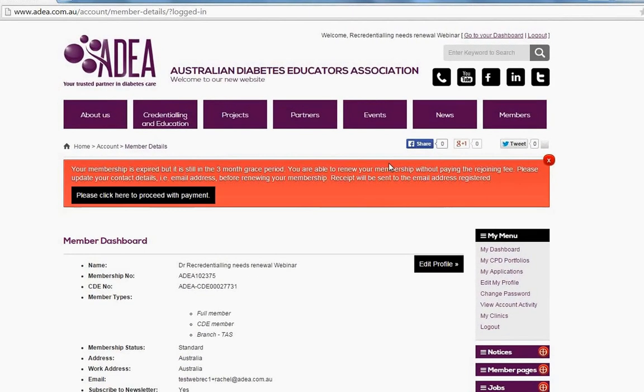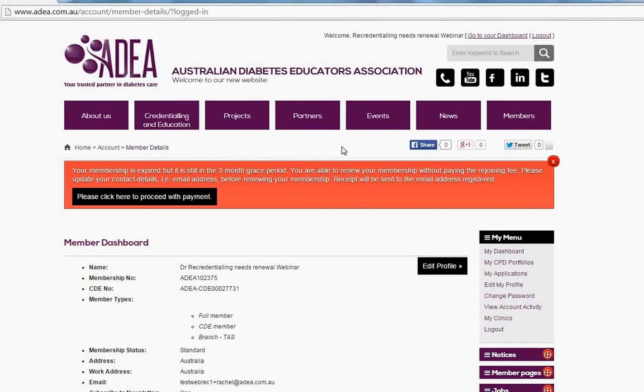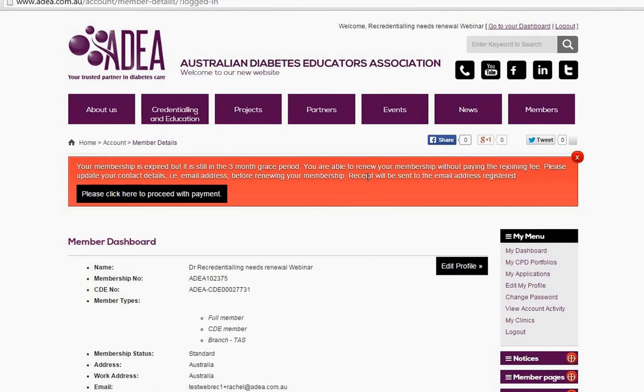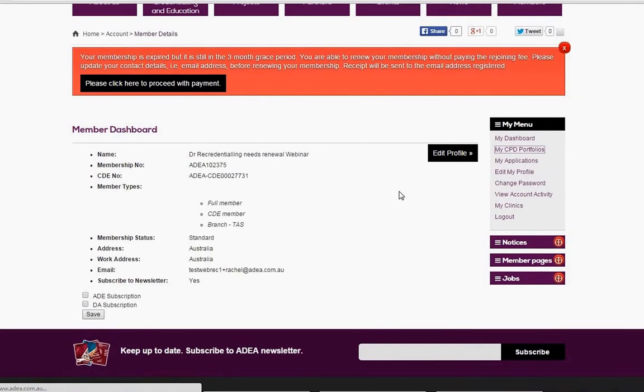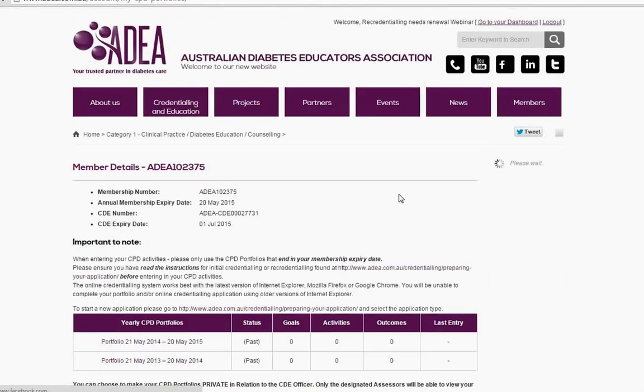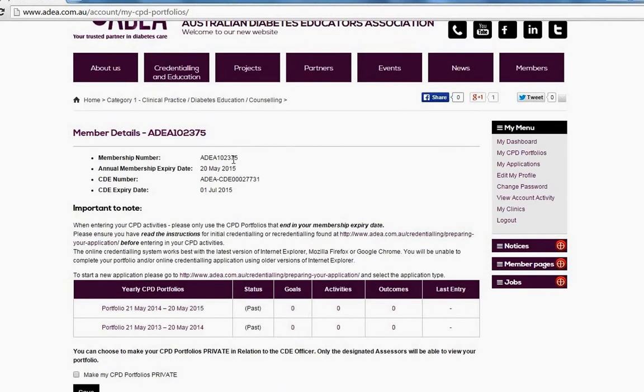Now for this re-credentialing application, you can see here that the membership has actually expired. So before you can proceed to your re-credentialing application, you need to go and renew your membership. But what you can do before this is still go into your CPD portfolios